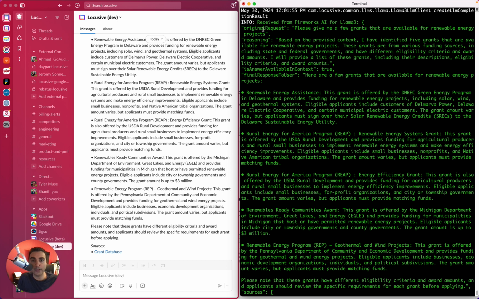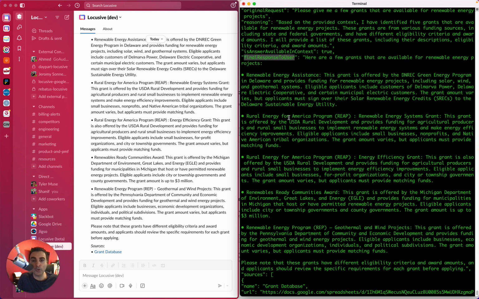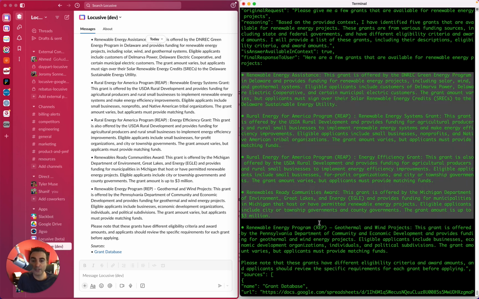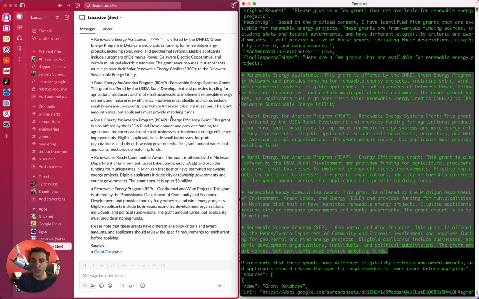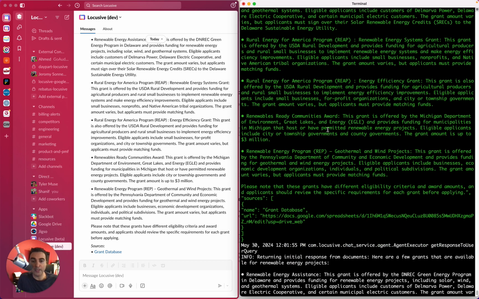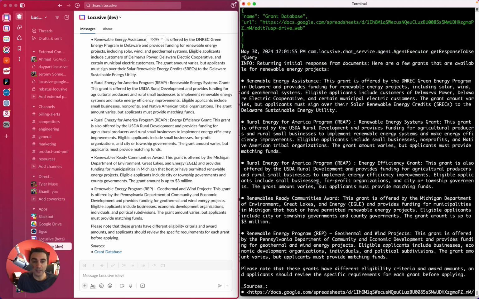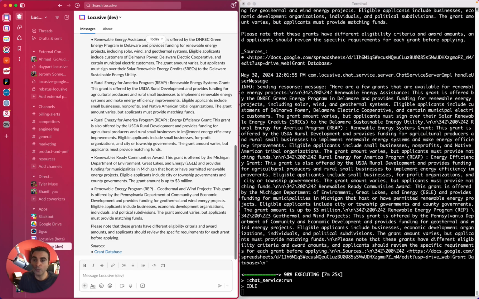What we're doing is having the LLM output its response in a very structured format, where it reminds itself first, this is what was asked, and then it thinks out loud about what it needs to do. It thinks about whether there's a final answer available, and then if there is, it provides the text for the final answer. And this text for the final answer is exactly what you see here. And then it provides a list of the sources that it referenced. Now this gets sent directly back to Slack,